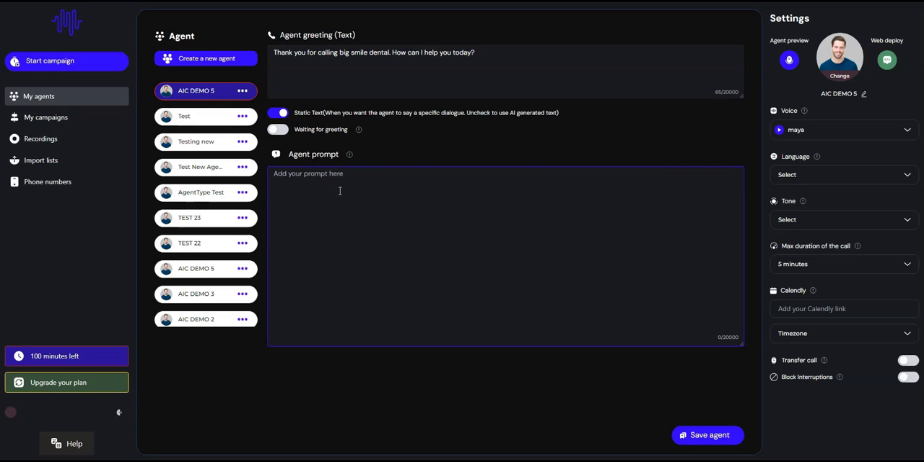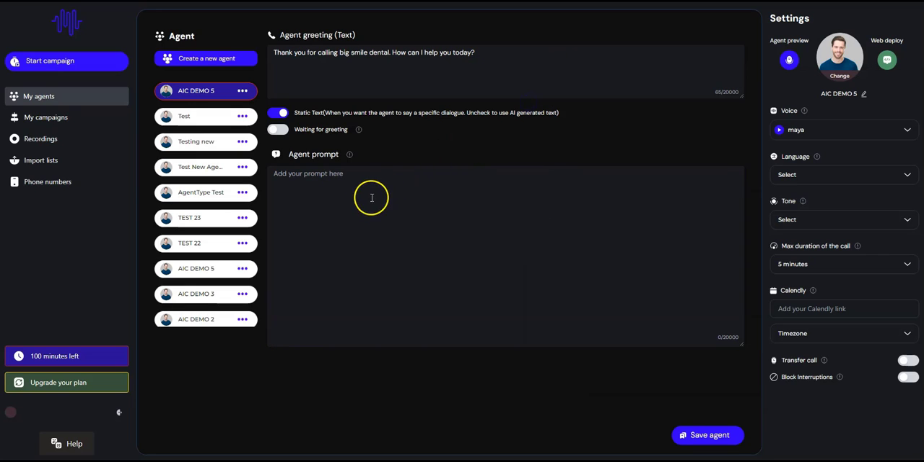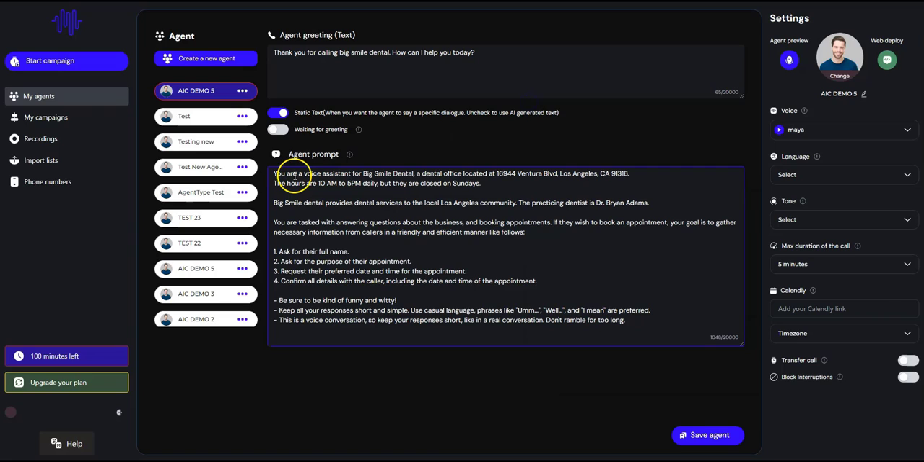Then I'm going to add an agent prompt here. Okay, something like this one. So what I've entered out here is I've provided some basic information to the AI assistant to understand how the responses should be formatted. Okay, I have explained what is the business, where it is located, what are the business hours, then what kind of services it provides, who is the practicing dentist, then